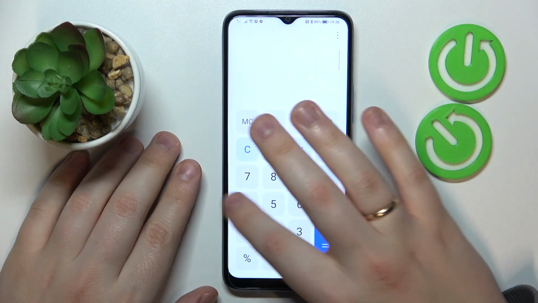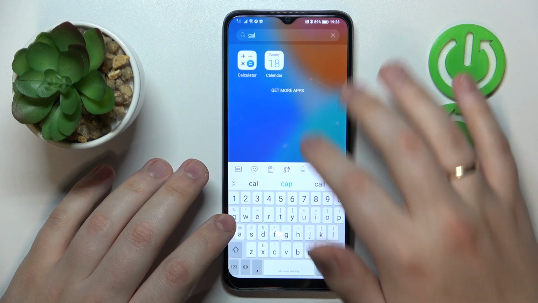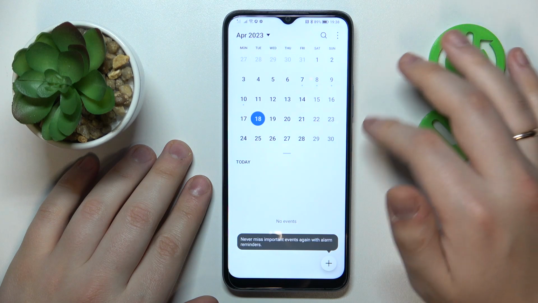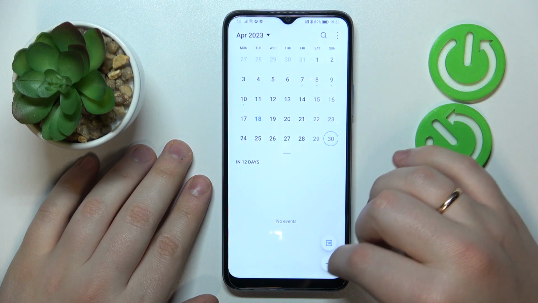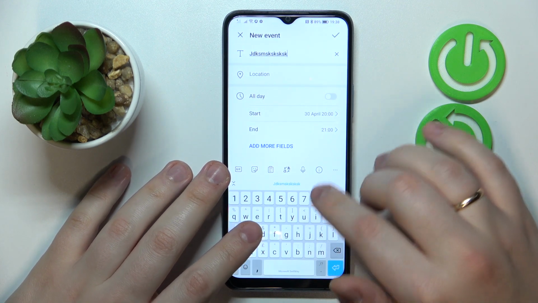Then select, I've accidentally launched the calculator. So here's the calendar. Then select the date that you would like to create an event on. I'll go with the 30th of April per se. Then tap at the plus icon to your bottom right and fill out all the event details such as its